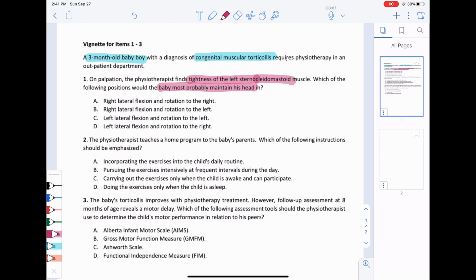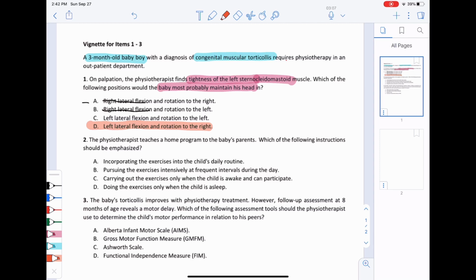Now when I look at the options, the first option A is right lateral flexion, then it's the wrong answer. Option B is right lateral flexion, again doesn't work. Lateral flexion meaning side flexion doesn't work for us. We need left lateral flexion. Left lateral flexion and rotation to the left, that is answer C. Doesn't work for us. We need same side flexion and opposite side rotation. So left lateral flexion and rotation to the right. Okay, so that's your answer.